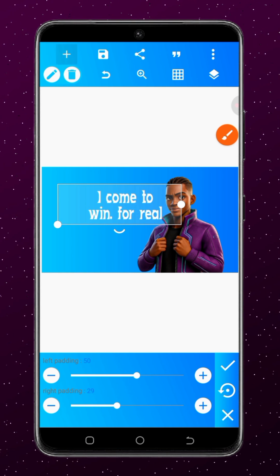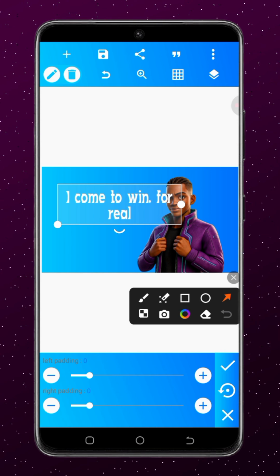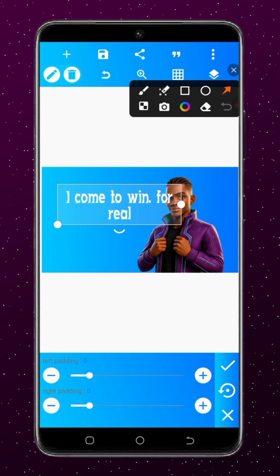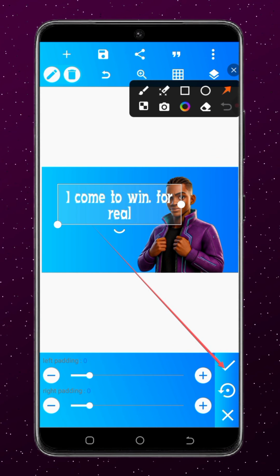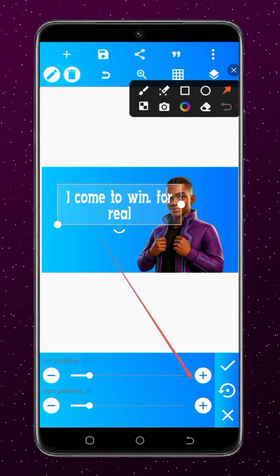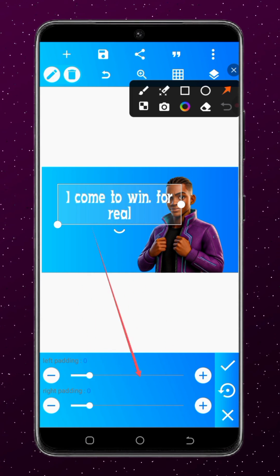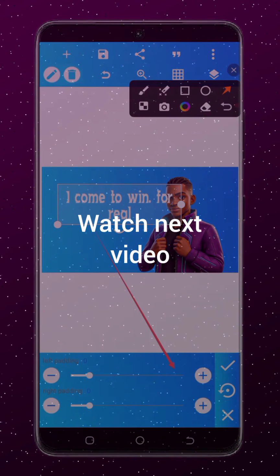Let's quickly check if you can get that. So now I've put it back. Let me quickly talk about this key function here. This one is for the check mark, this one is to cancel, and this one in the middle is for you to bring it back to the default sizes that were there. So if you have dragged